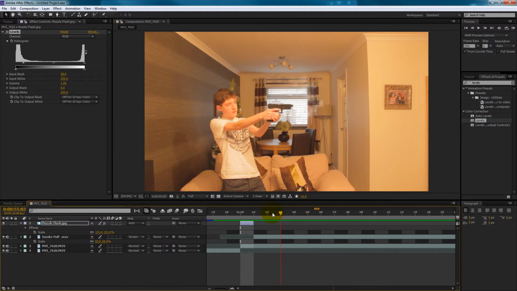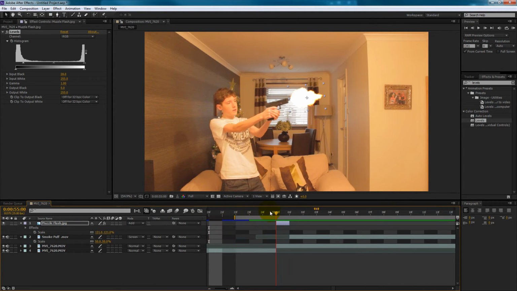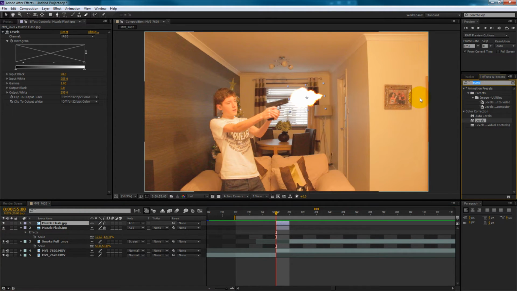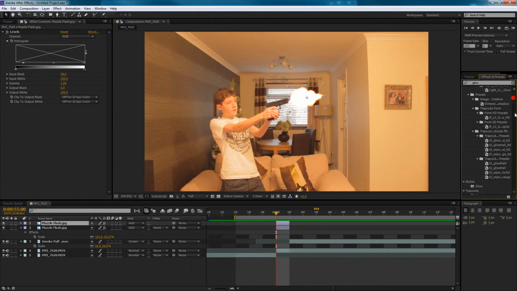But you'll see that the image is kind of too detailed around the edge. So what we would want to do is probably duplicate the image and add a glow. So see if I do that in a sec. Sorry, I'm just trying to remember what I said. Yeah, so I duplicated it and I put one underneath, and then you go to your effects panel and type in glow, and then scroll down and look for stylized glow,